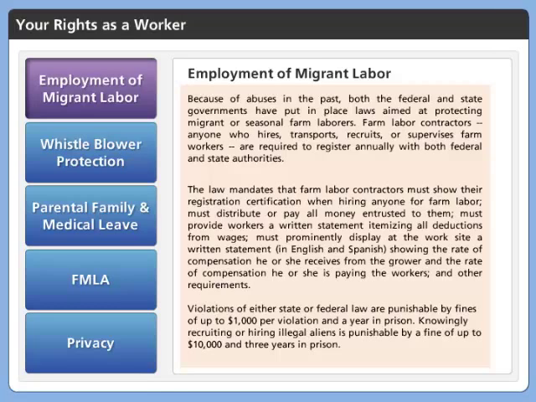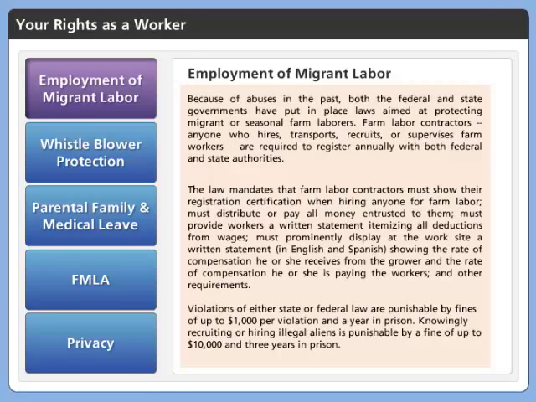Employment of migrant labor. Because of abuses in the past, both the federal and state government have put in place laws aimed at protecting migrant or seasonal farm laborers. Farm labor contractors, anyone who hires, transports, recruits, or supervises farm workers, are required to register annually with both federal and state authorities. The law mandates that farm labor contractors must show their registration certification when hiring anyone for farm labor, must distribute or pay all money entrusted to them, must provide workers a written statement itemizing all deductions from wages, must prominently display at the work site a written statement in English and Spanish showing the rate of compensation he or she receives from the grower and the rate of compensation he or she is paying the worker, and